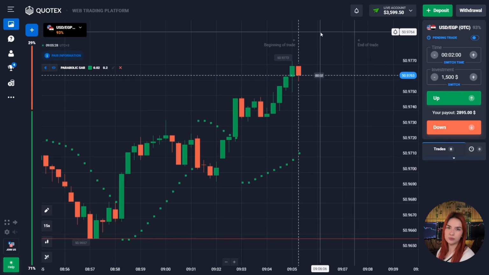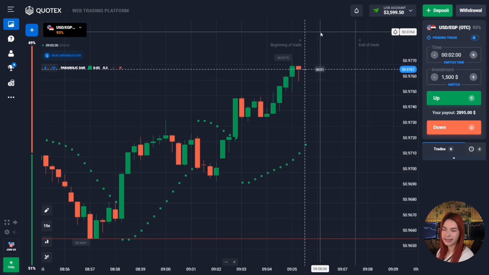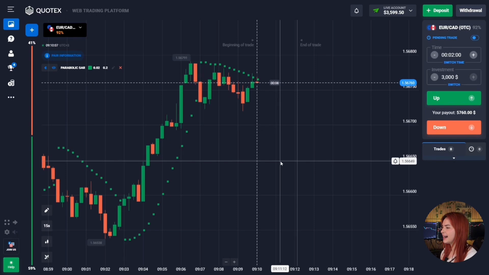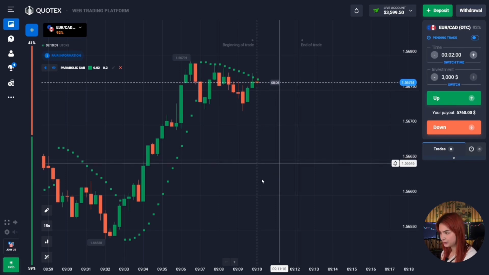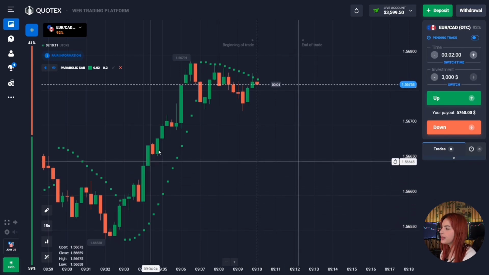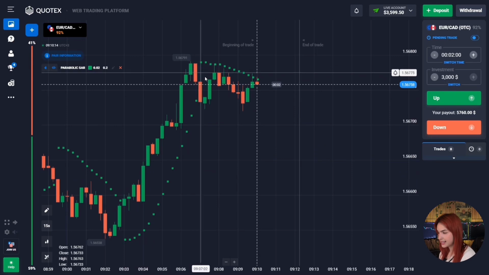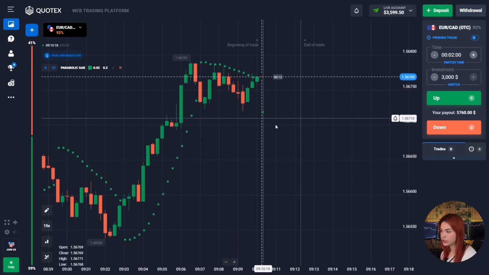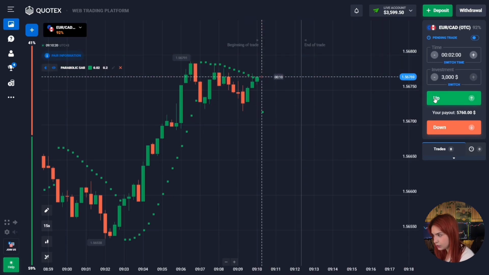I think one more deal, guys, will be enough for us, so give me some time, I'll find a situation and we will continue. Alright guys, our last deal, we have a good confident upward movement here, and at the moment the price is pulling back down. At the same time, the parabolic point appears below the chart, so we will open a deal to go up